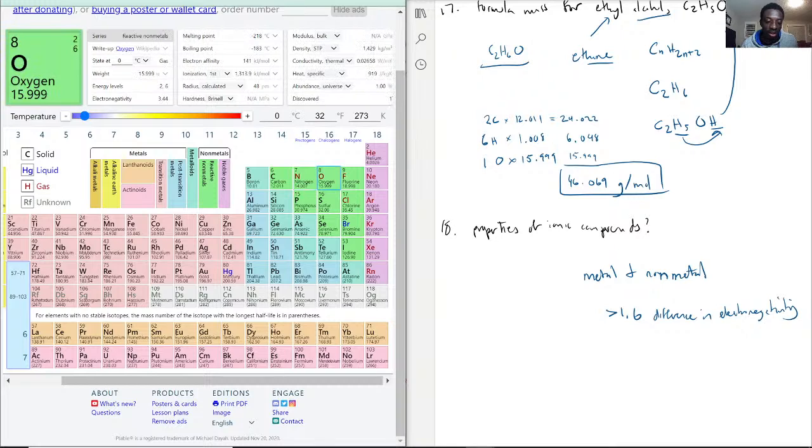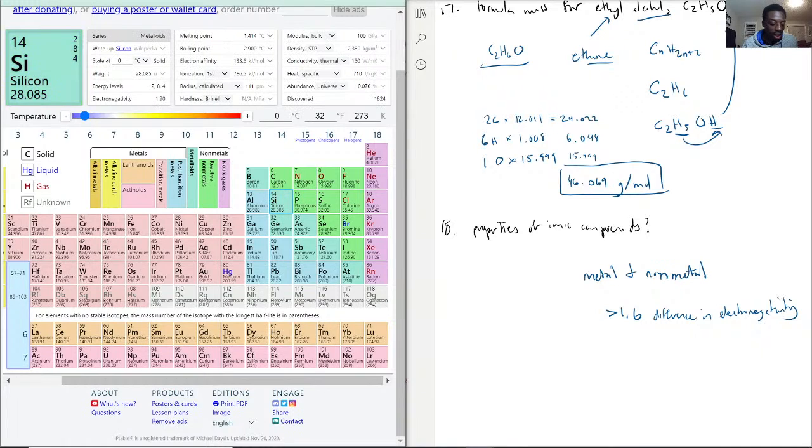But because the electronegativity difference is 3.44 minus 1.9 from the silicon, 1.54, this would be a very tricky thing to say whether it's an ionic compound or not. But this is kind of how we base it. For this, because silicon is a metalloid, I personally would say that this is still an ionic compound, but I may be wrong, because typically